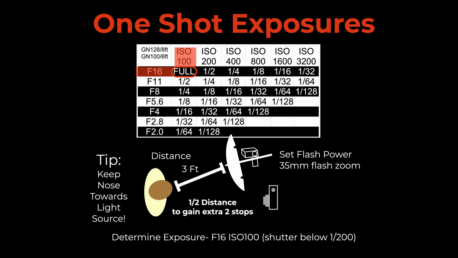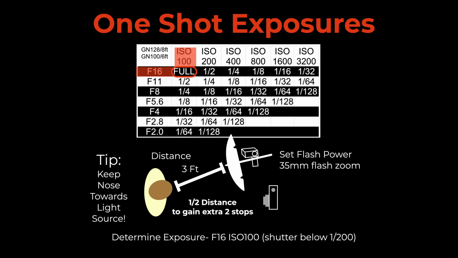So you look at your chart and you go, oh my gosh, I got to put this on full power at 6 feet away. I'm putting an umbrella on it and I'm losing 2 stops of light. Do I have enough power? Well, if you understand the inverse square law, instead of putting your light 6 feet away, if you could half that distance, what's half the distance of 6 feet? 3 feet. If you put it now at 3 feet, you just gain 2 stops of light. So you can use your umbrella.